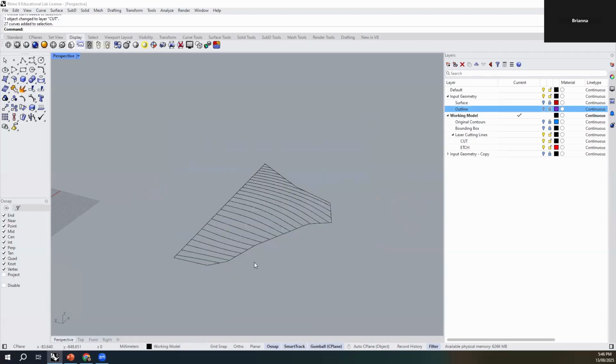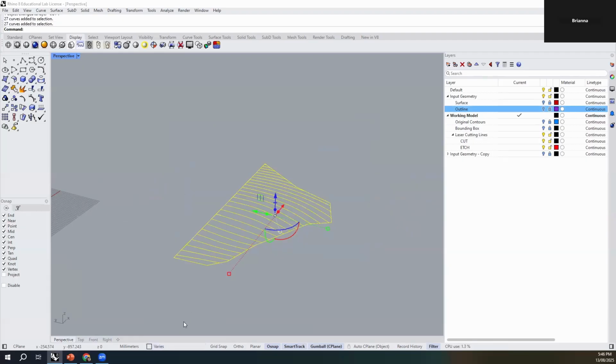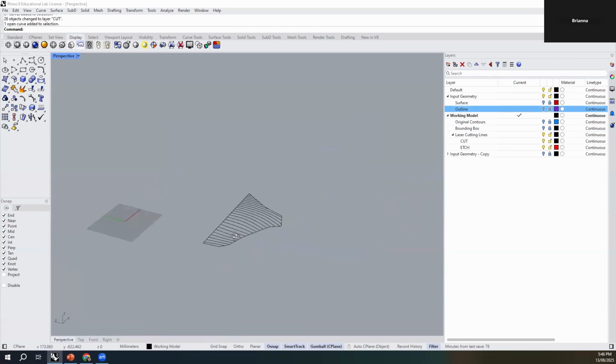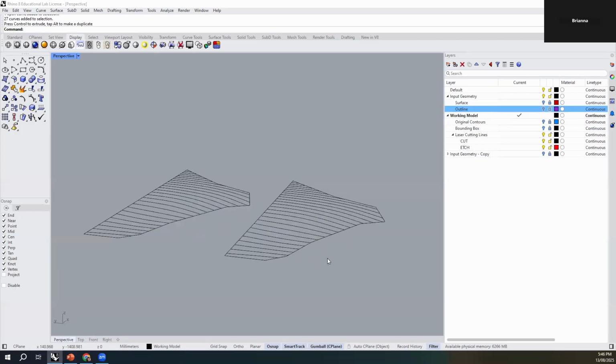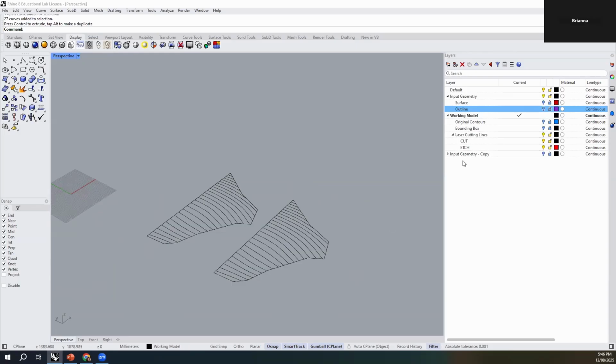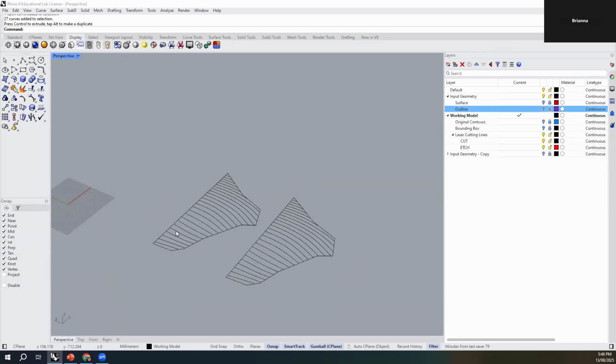Okay, so we've got this set of curves. They're currently all on a varies, which means they vary in layer. I'm just going to move them to the cut layer. They're all lived together on the cut layer now. And I'm going to duplicate them again. In my case, I'm using the Gumball, Alt drag, and I'm going to create 2 copies. Now everything is currently on that cut layer,